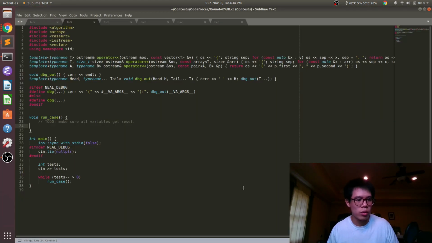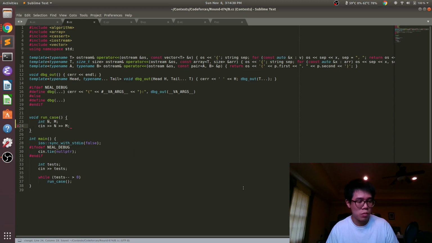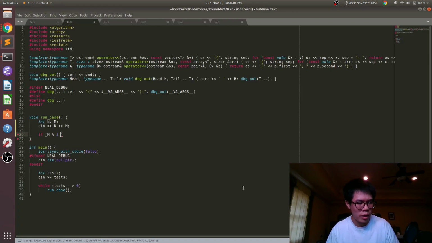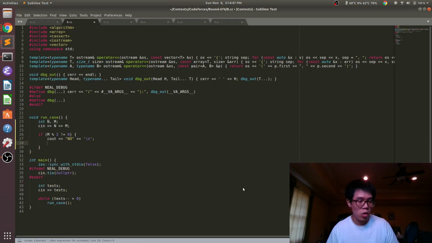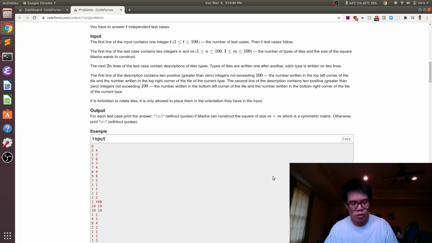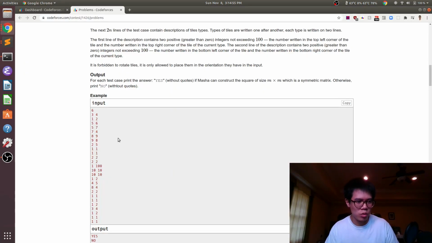So we have n and m. If m is odd, it's just no immediately. But this is the funny thing about multiple test cases: we can't just do this and return here, because then we didn't read the input properly.